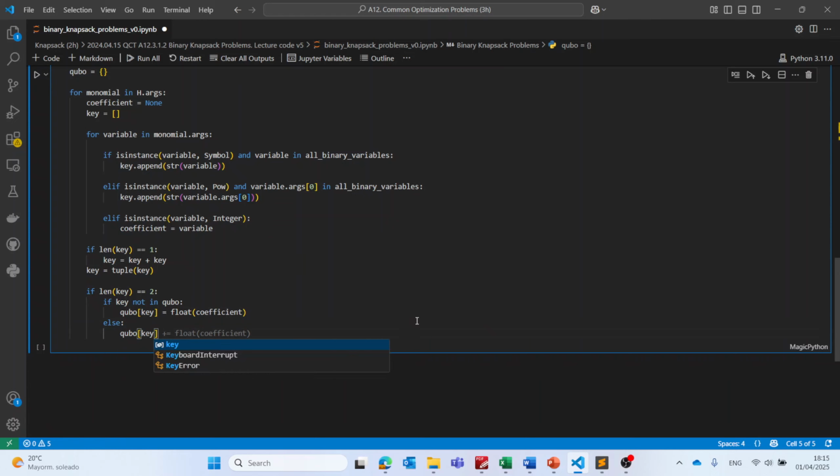If this is in the QUBO, so we already have that term. What we need to do is just sum everything. So we are just summing, for example, 2x0 x1 plus 2x0 x1. What we will have is 4x0 x1. So we will just need to add the coefficient, and then